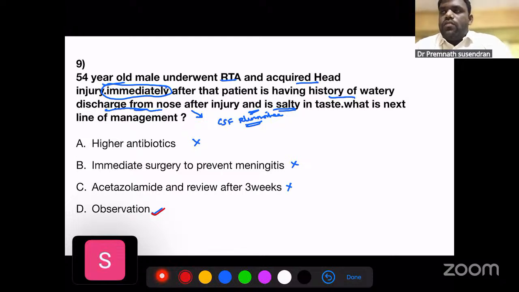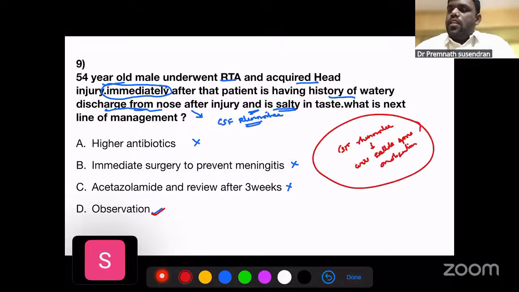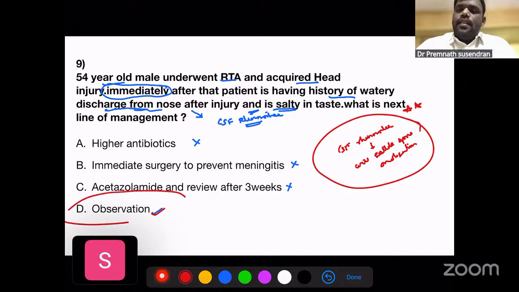Okay, most of the CSF rhinorrhea will settle spontaneously on observation. Okay, that is a main dictum. Okay, observation is mainly needed. Okay,